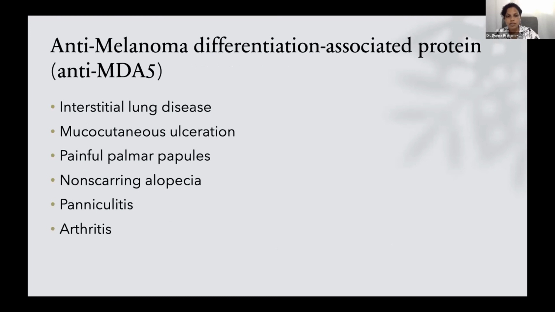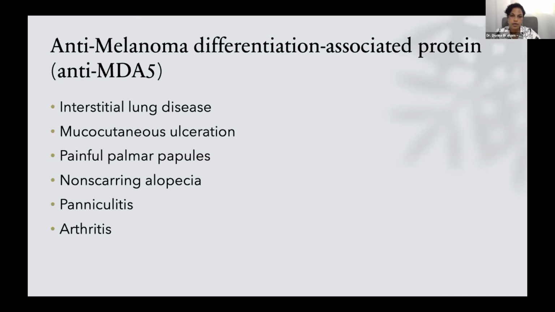It's important for us to do the antibodies because the antibodies can assist us with determining, one, the severity and the prognosis of the disorder, and to assist as to the screening thereafter, because there are certain antibodies that are at an increased risk of having malignancies with them, whilst there are other antibodies that are at an increased risk of interstitial lung disease, etc.